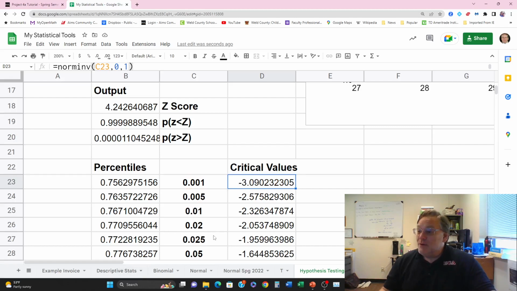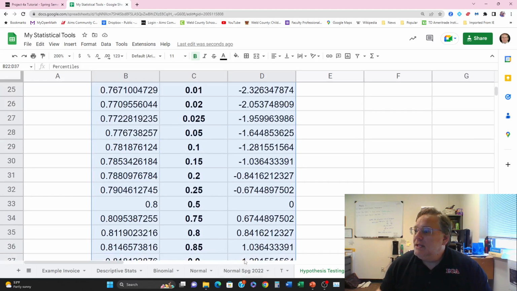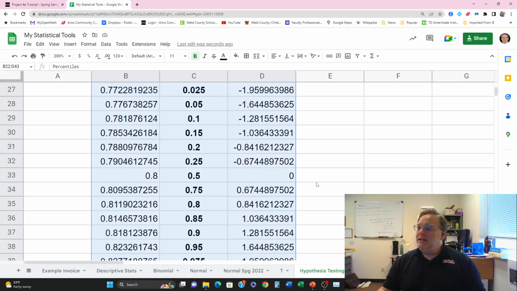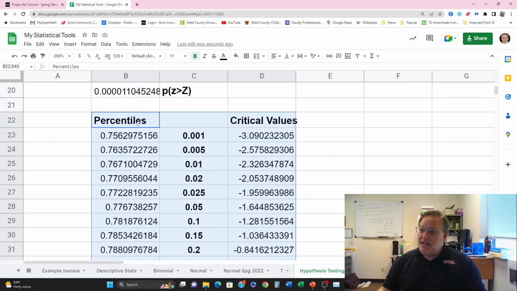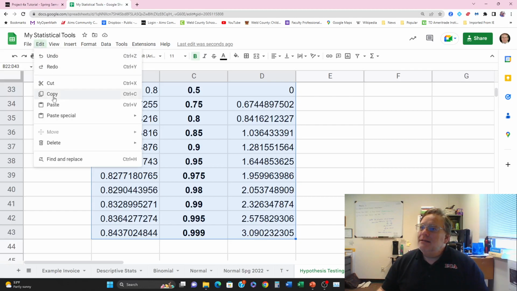Okay, we're actually going to recreate this same thing here on the other side. So it might be of some value for us to just take this entire section here like this and select it upper left to lower right. So notice how I did that. I clicked on the upper left hand side here, and then I dragged my mouse down and let go at this point here. And so what I'd like to do now is edit, copy,